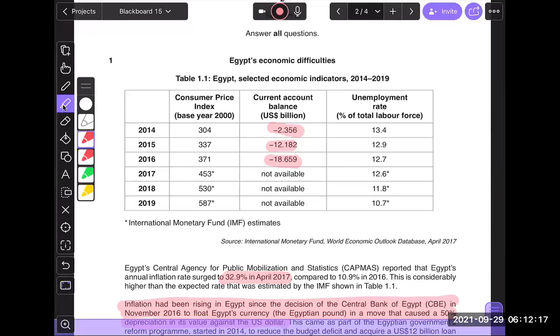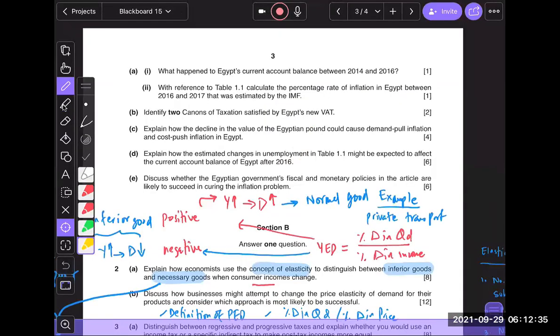Any questions about this before we move on, guys? The deficit is increasing from minus US$2.356 billion to $18.656 billion. Okay. Second part, with reference to table 1.1, calculate the percentage rate of inflation in Egypt between 2016